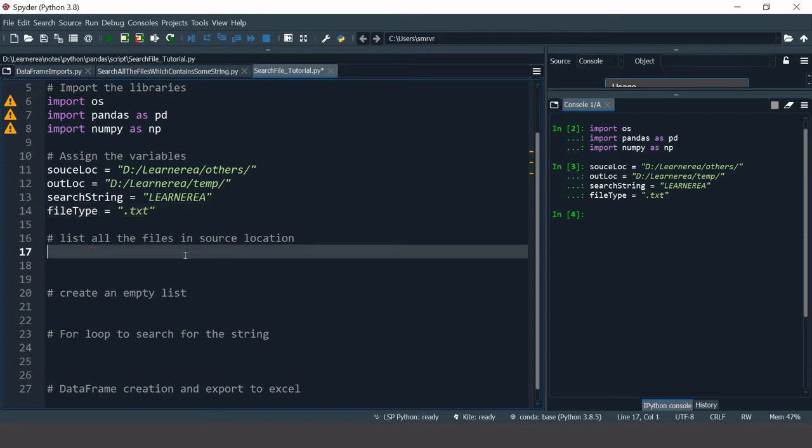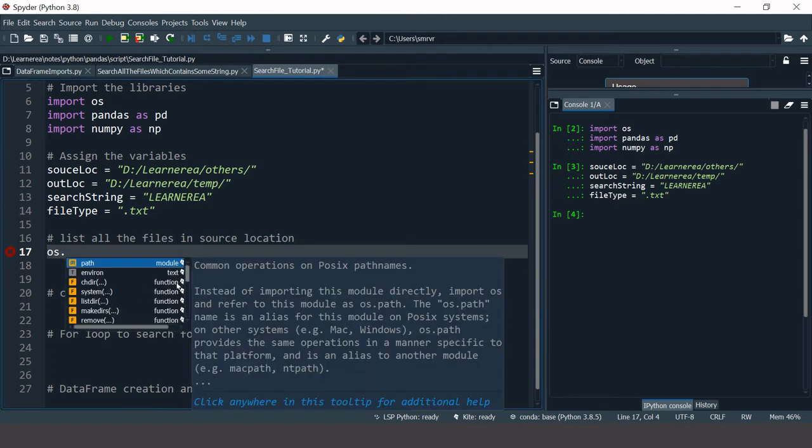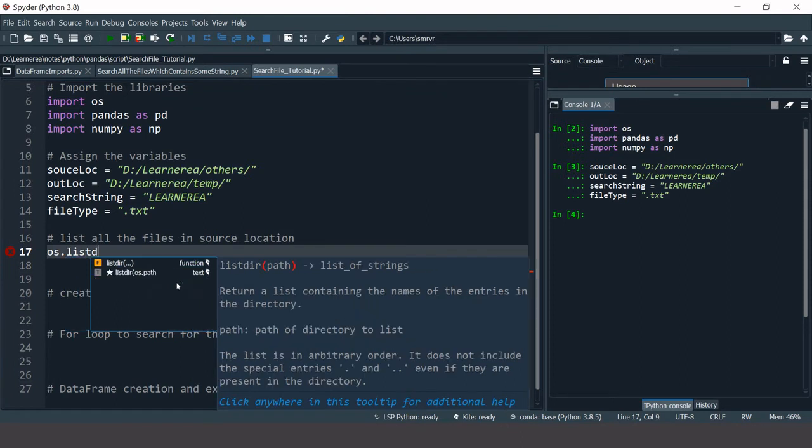Now because this is already assigned, we will look in this particular directory and create a list of all the files which are stored in this location. How can we do that? For that, let me first show you os.listdir.